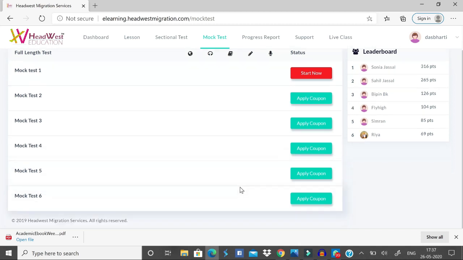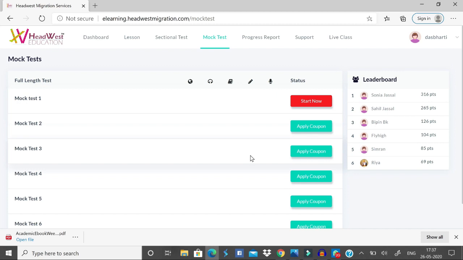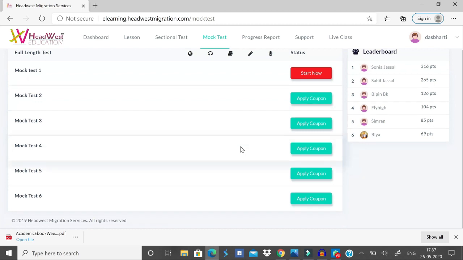So it's a beautiful panel which will give you the ability to take all the advantages of the system, and then you can save a lot of money. We are here to give you resources and also make your life simpler.